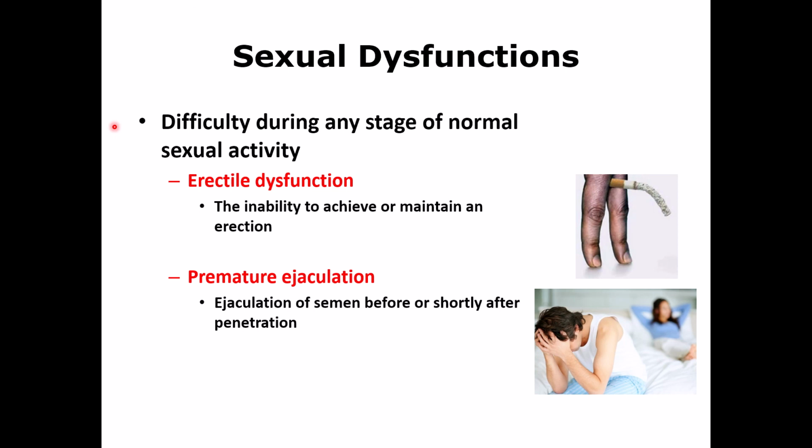For example, they were raised in a very strict, religious environment, or they may have interpersonal issues with their partner, so they may have erectile dysfunction. After age 40, this is more a cardiovascular problem, so people with heart disease, stroke, diabetes may have erectile